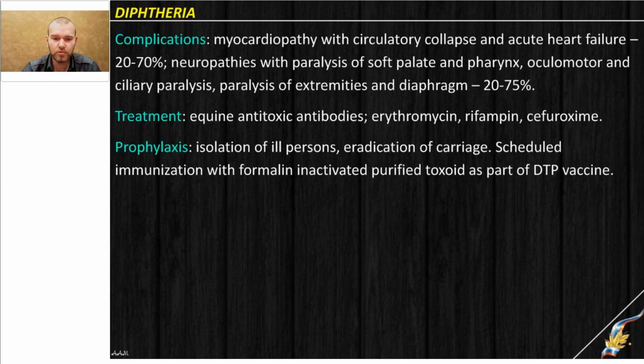We have two main types of prevention of diphtheria. Non-specific is usual. It is isolation of ill person. Again, usually it is a kid's disease and you need to find source of infection first of all, because it is always human. Second, you need to identify contact kids and to check them. Are they vaccinated or not? Do they have some respiratory symptoms or not? Of course, you can take swabs to confirm that